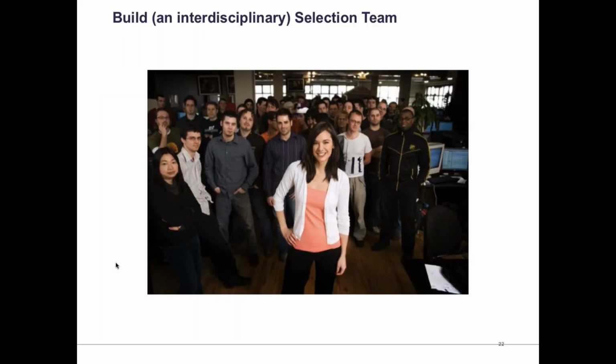So the first thing you want to do is build an interdisciplinary selection team. You never want IT to just drive this. We sometimes see that with collaboration, where either they take the leadership or the business just abdicates to them. And what works in IT very often doesn't work on the business side. So you really want some business leadership. But on the other hand, you don't want the opposite problem either, where the business is just going out and procuring stuff and not involving IT.